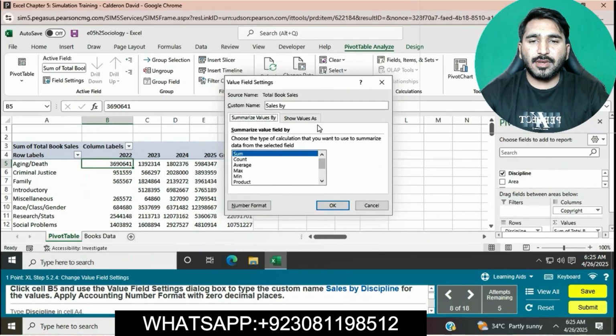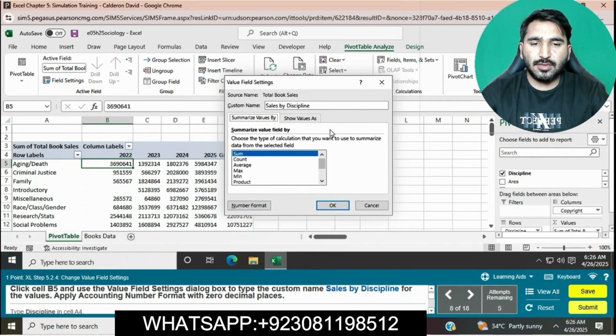Then apply the number format with 0 decimal places, the accounting number format.